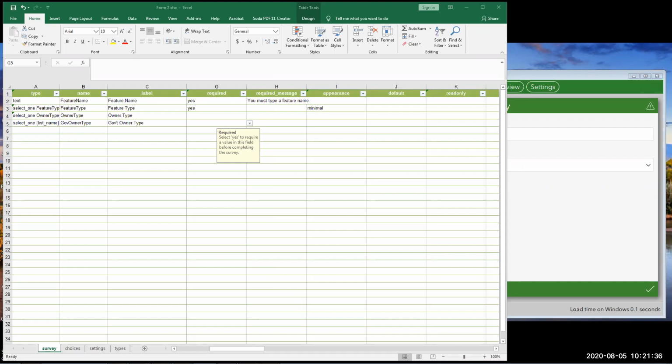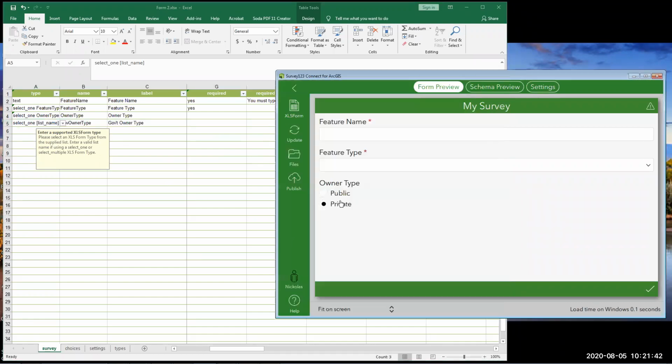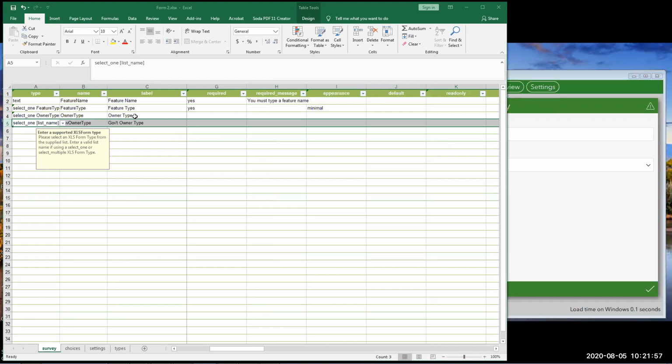So what we're going to do is we're going to go for this owner type, where again, what we want to do is, if the user from the survey selects public, we want this question to show up. What kind of public building? Federal government, federal, state, local. If it's private, we want this question to they don't see this question at all. So the way that we can do this is in our row for this question for government owner type. If we scroll over